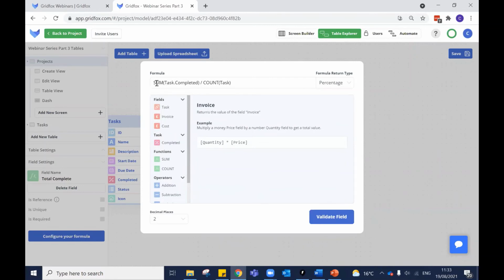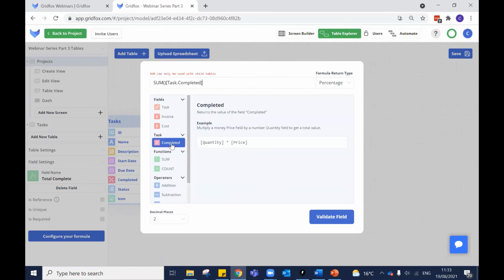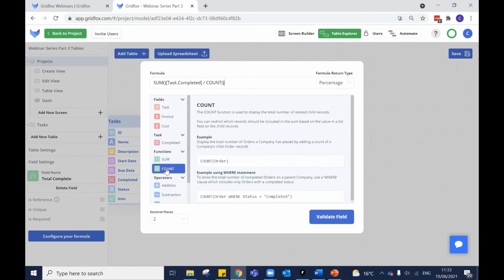So I wanted to know the sum of all my percentage completed statuses. So hypothetically, if I've got 5 tasks and they're all at 10%, I want to know the sum of those is 50. So the sum of my tasks completed, again, I can start this from scratch to show you how I'm doing it. The sum, and in here, I want to know task completed, it automatically puts that dot in there, divided by the count. So how many of these have we got? I've already said it's going to be 5